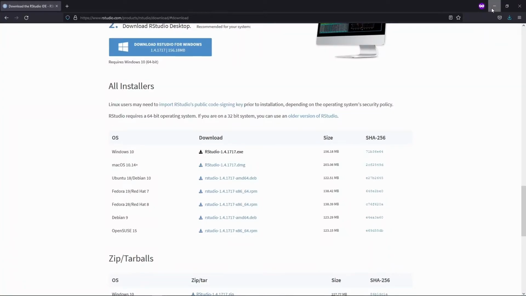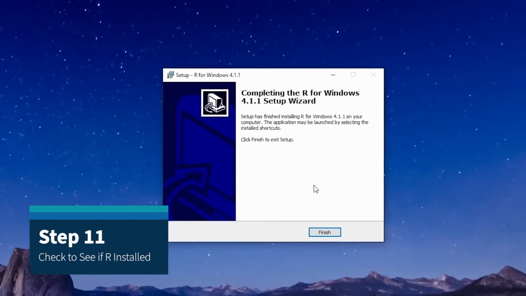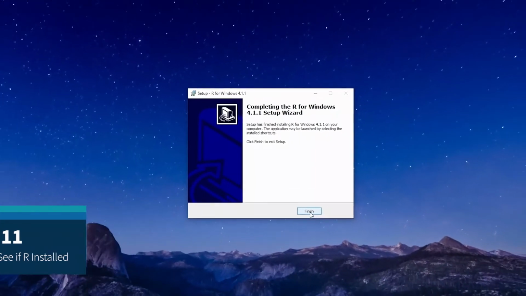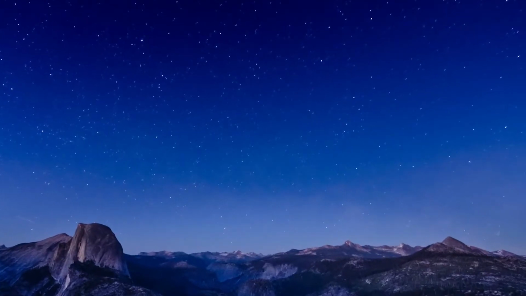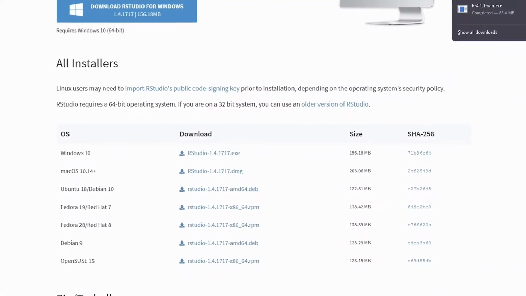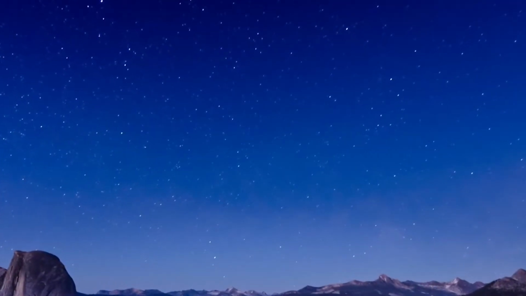Let's check to see if R has finished. And it has. So once we're finished installing R, you just click the finish button and it will give us our two desktop icons. So once we see that RStudio is finished installing, all we do is bring up our File Explorer again